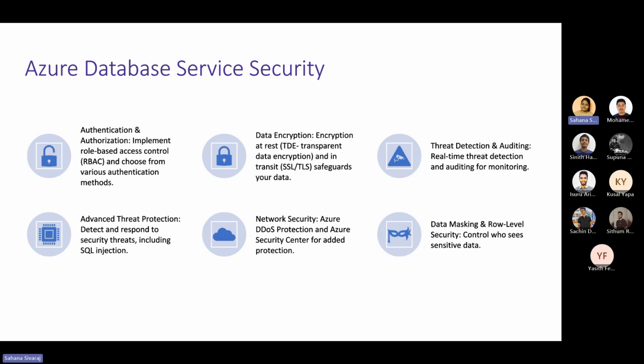If anything happens, this advanced threat detection option will detect it and produce a report of it. Next is network security, which specifically provides Azure DDoS protection, and Azure Security Center is also available